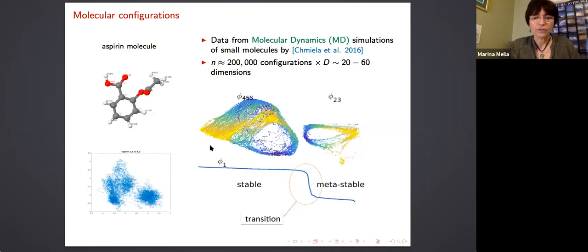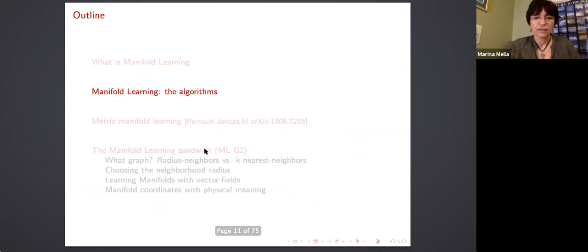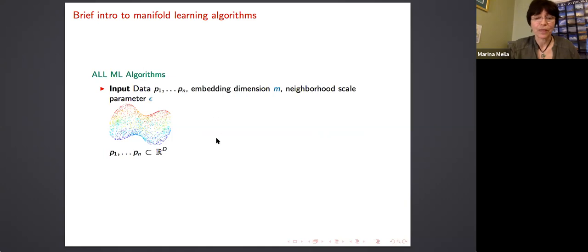Now that you saw the data, let's see what we do with this data. So let's look at some manifold learning algorithms. And there are very many manifold learning algorithms. They all start in the same way. And I'm going to describe in this talk just 3. But I hope that if you listen to the end, you are going to be convinced by me that you only need 1. And it pretty much doesn't matter which one. There's a whole class of algorithms that you could use, but you don't need all of them. You need just 1 algorithm. And that's because of the metric manifold learning. However, before getting there,